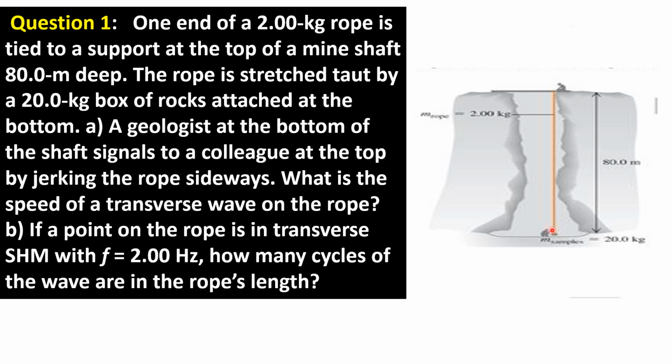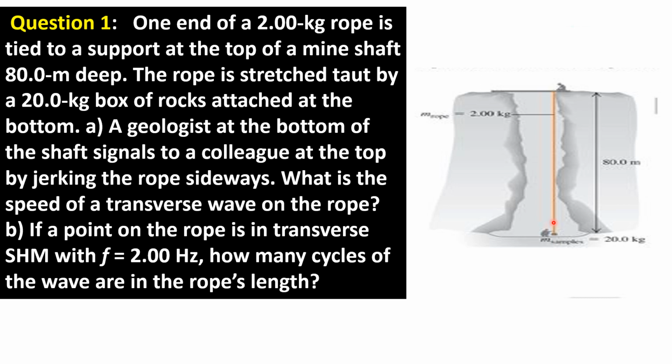We assume that the wave pulse behaves like a simple harmonic motion, whose frequency is given as 2.00 Hz. Because there is a 20 kilogram box of rocks attached at the bottom of the rope, it makes the rope